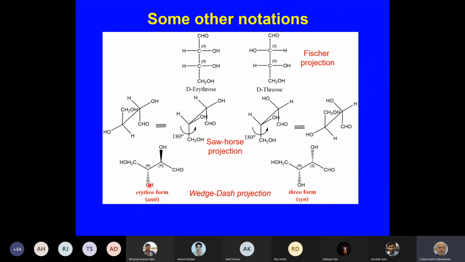So one hydroxyl is below the plane and this hydroxyl is above the plane; they are not pointing in the same direction. Whereas on the right-hand side, people sometimes call it the threo form, and sometimes we use the terminology syn form, where this hydroxyl and this hydroxyl are on the same side of the plane. Both of them are below the plane of the paper. So this is basically a different way the molecule will be presented to you, but do not get confused. You have to understand the three-dimensionality so that you can determine the stereo configuration, the R and S configuration, of these molecules and see whether the molecule is chiral or not.